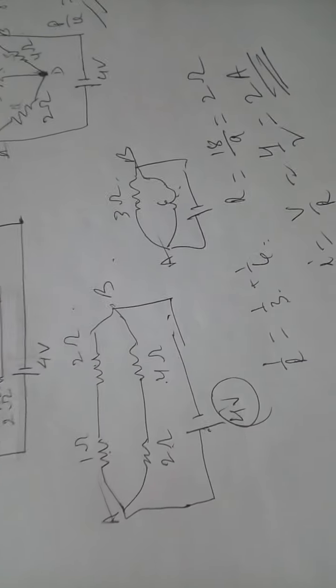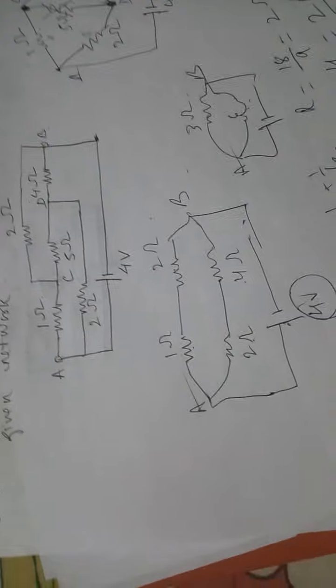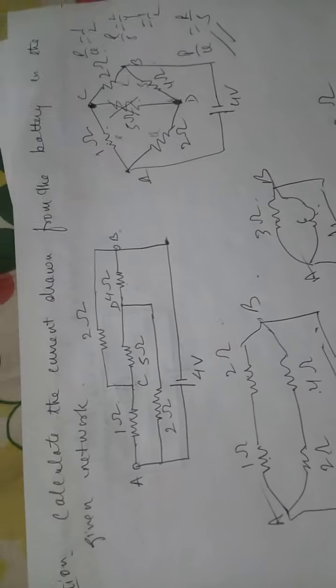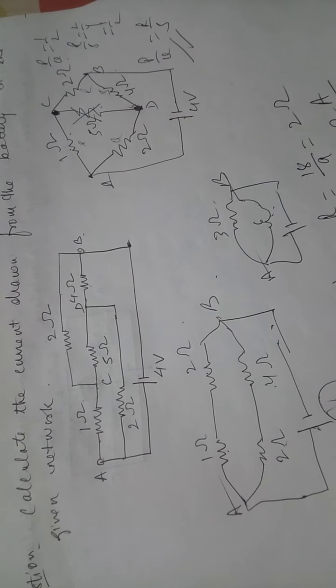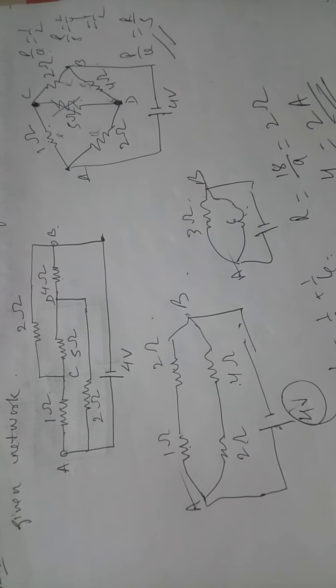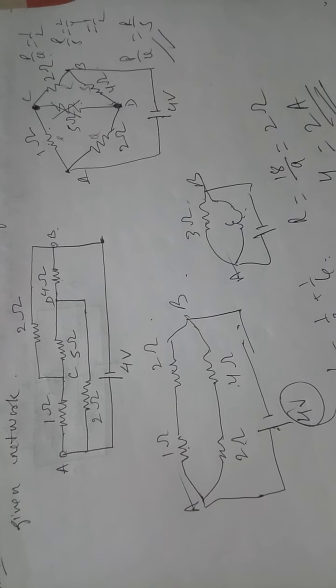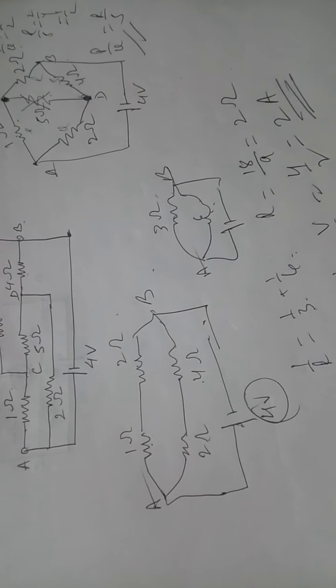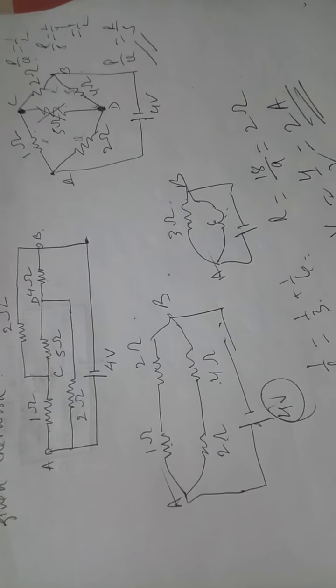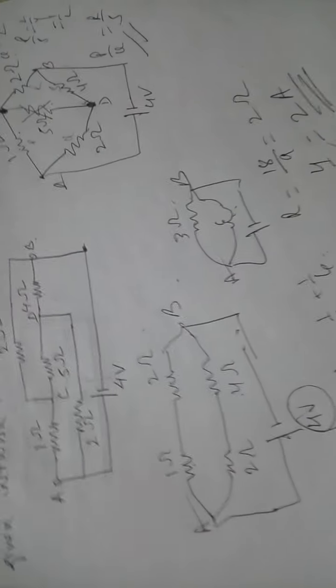Whenever we have this sort of circuit, we have to keep in mind how we can solve it, or how we can make it more and more easy to understand. You can very well see we have taken a circuit, the equivalent circuit, and then again we are simplifying it again and again until we get the result. The result that we have obtained is 2 ampere. I hope things are very clear and there should not be any confusion. Let's have one more based on this only.